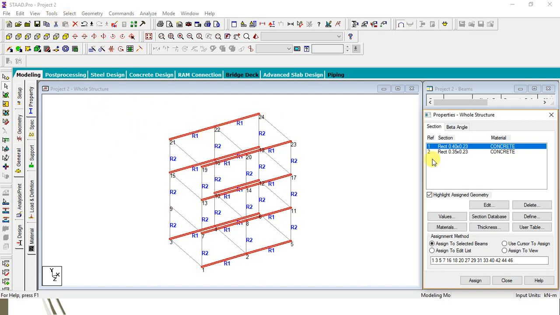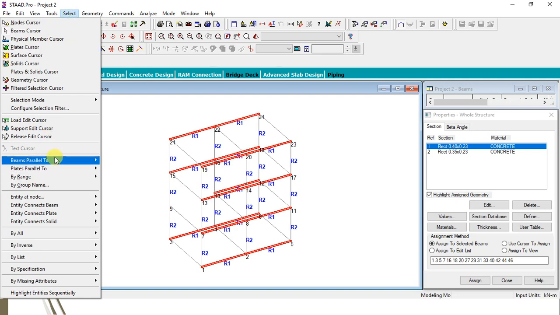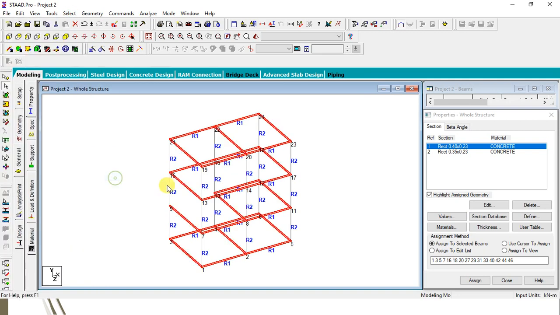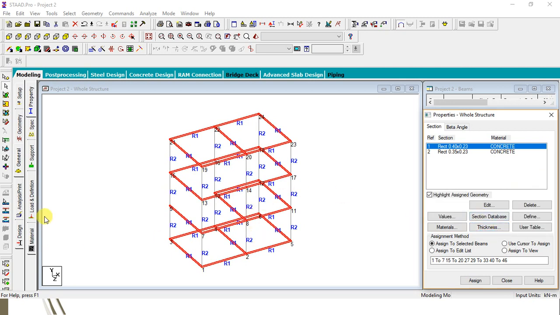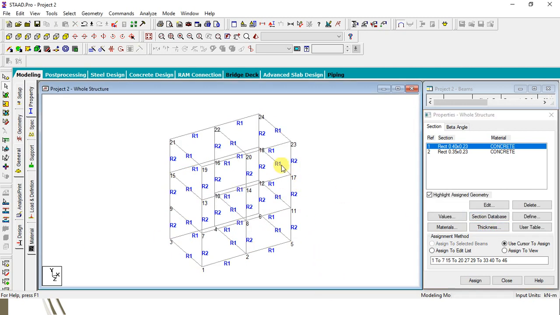Again I am selecting the beams parallel to z direction, assign. Yes. Right. So now you can see all the x and z direction beams will get assigned by the first cross section R1 and then vertical beams will get assigned by the second cross section dimension.